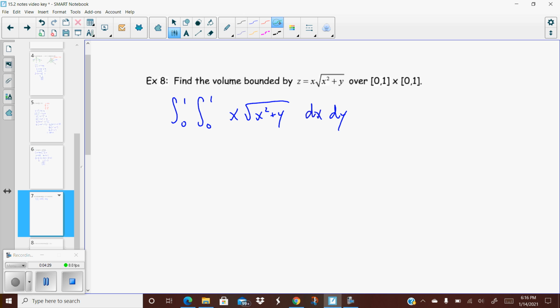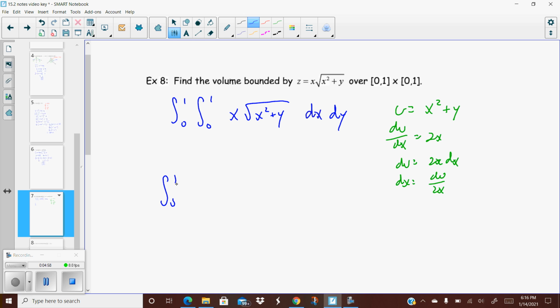So let's go ahead and do our u substitution. So u here is going to be the composite piece, x squared plus y. Remember, we're taking this with respect to x. So du will be 2x dx. Oops, it'll be 2x when we multiply the dx over. It'll be 2x dx. And then solving for dx, we get du over 2x. Okay, so let's go ahead and